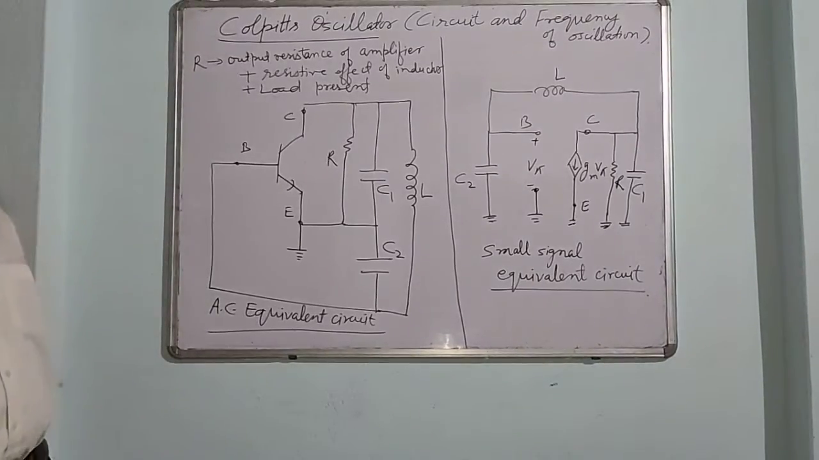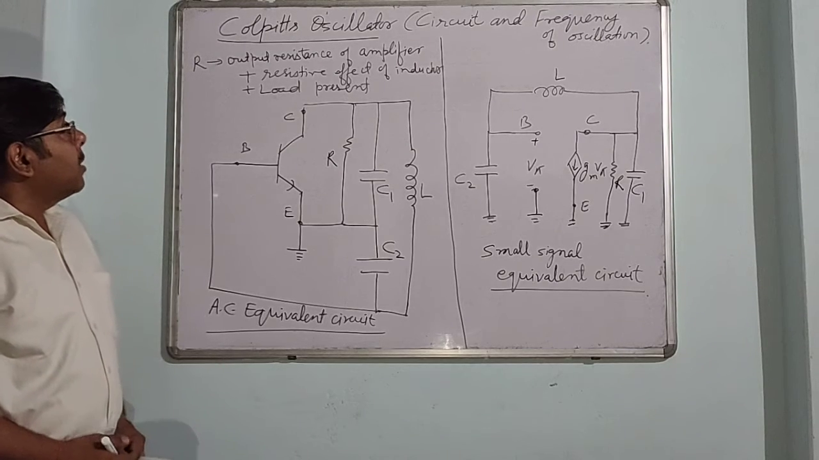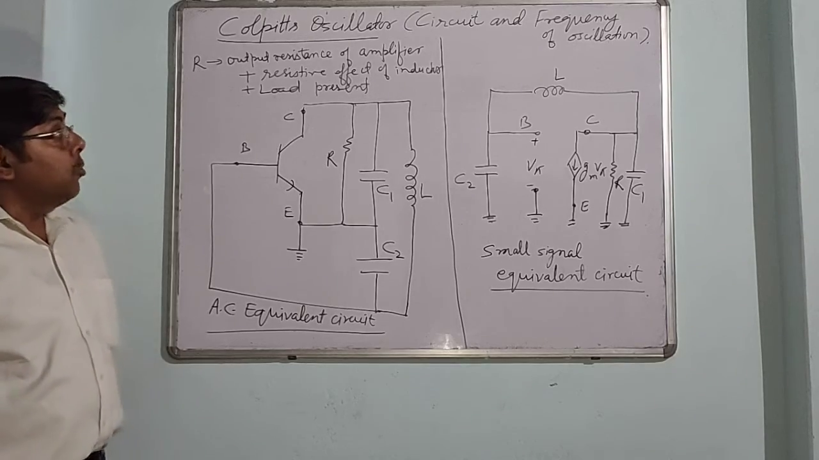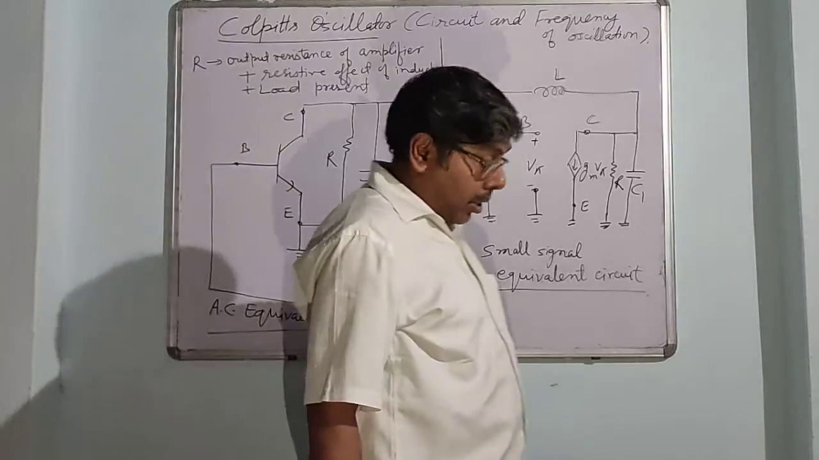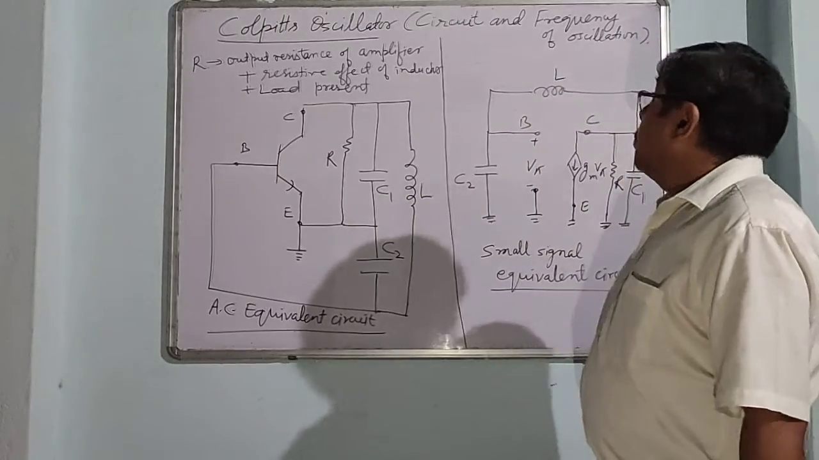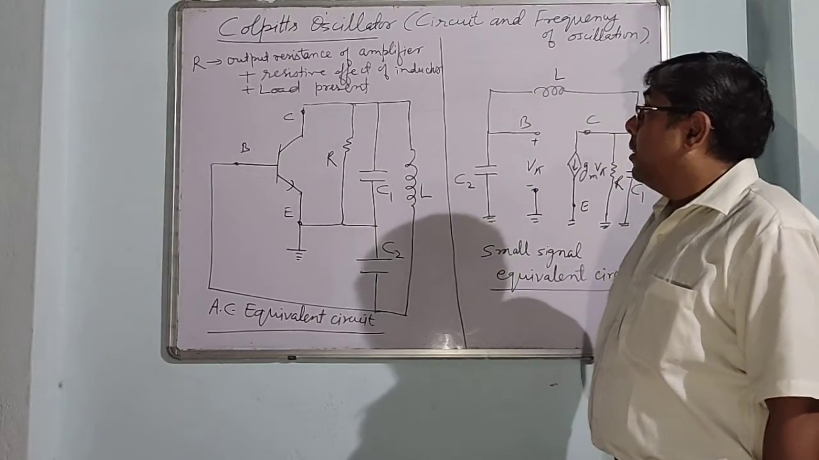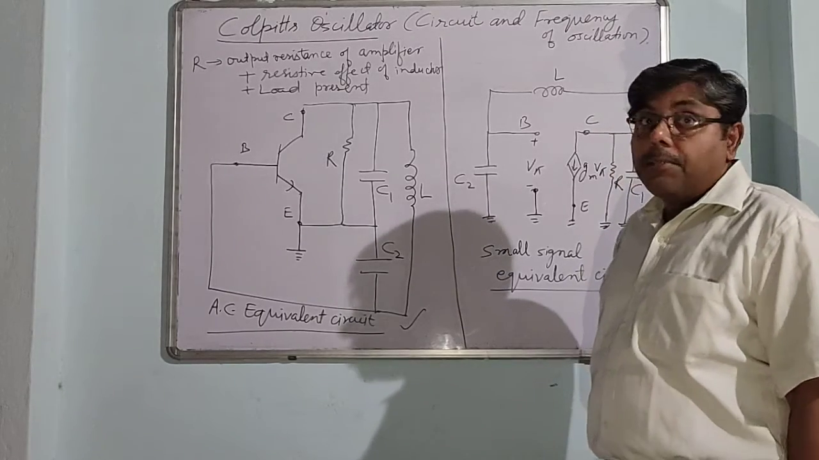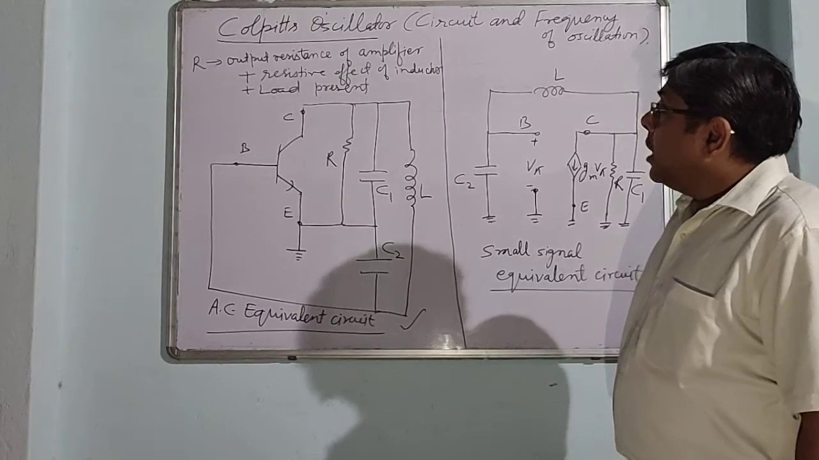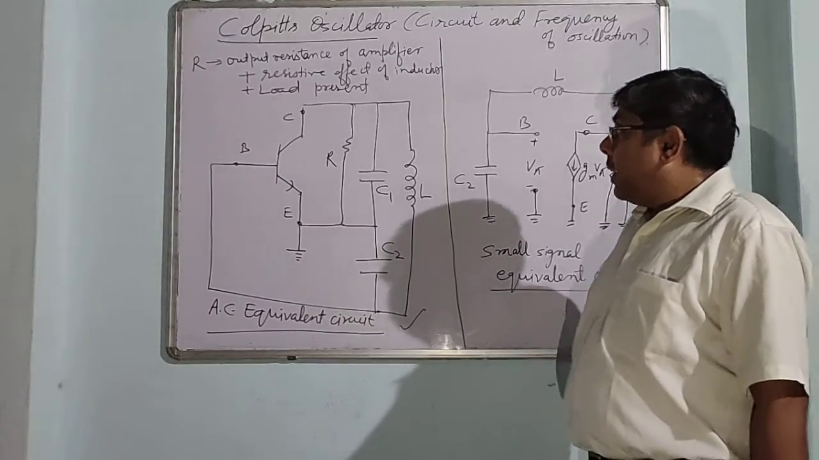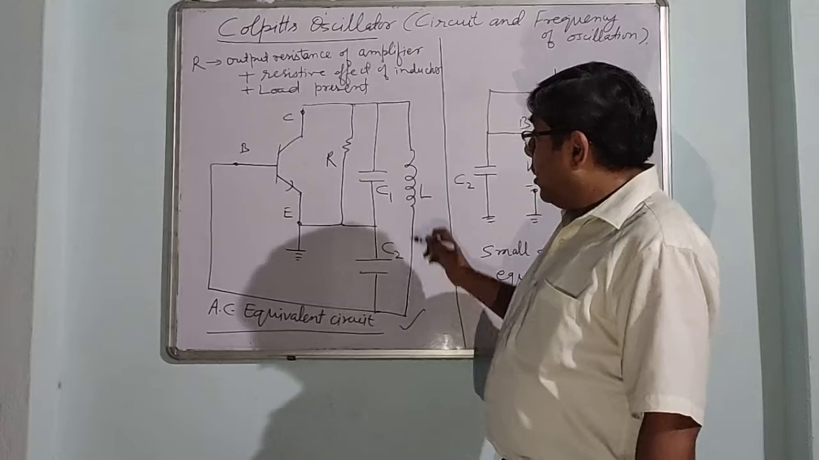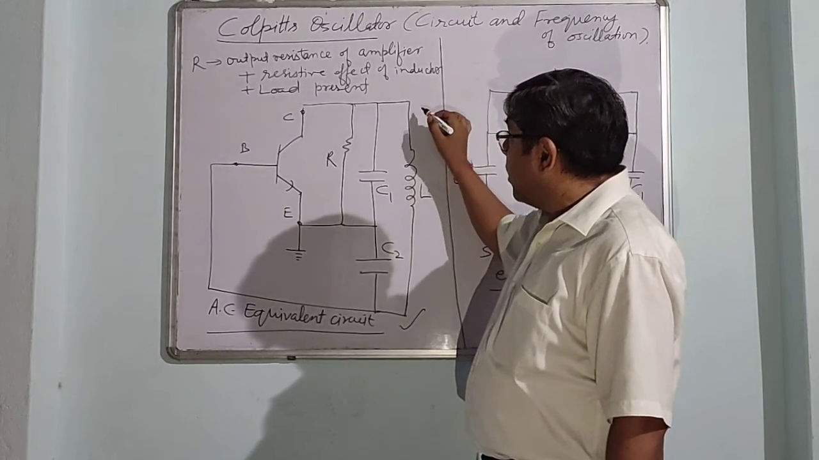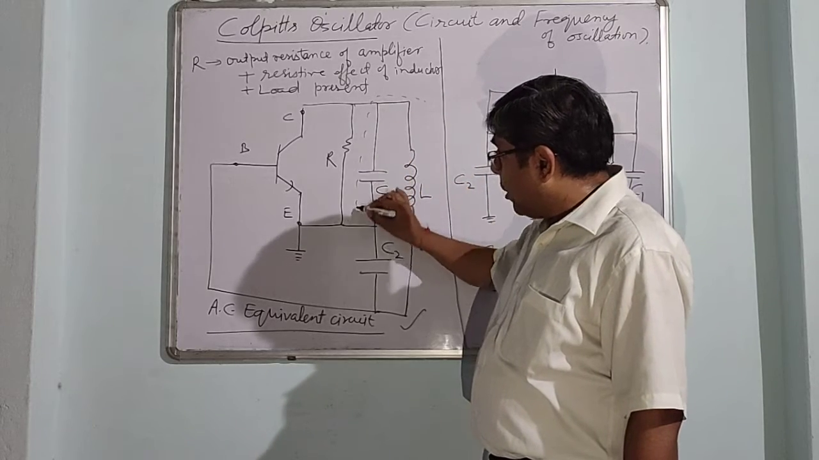Today we will start one another type of oscillator called Colpitts oscillator, which is one variety of LC oscillator. First one was the Hartley, and this is the AC equivalent circuit of Colpitts oscillator. The basic difference between Colpitts oscillator and Hartley is only the combination of L and C. This is the tank circuit, or you can say feedback network